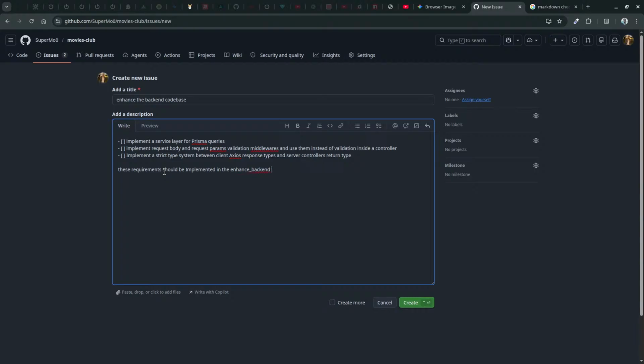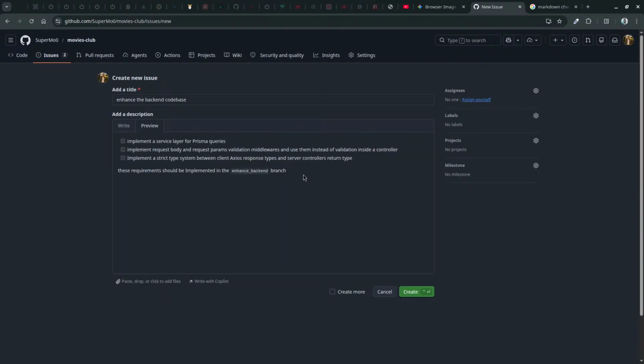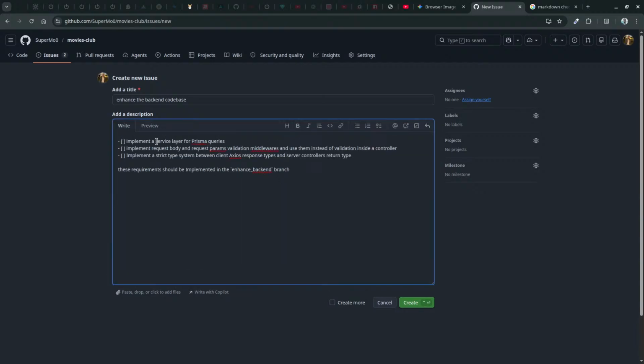Implement a service layer for Prisma queries. Implement request body and params.